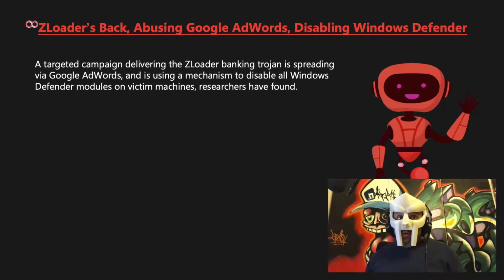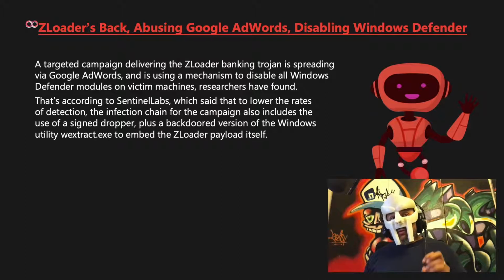A targeted campaign delivering the ZLoader banking trojan is spreading via Google AdWords and is using a mechanism to disable all Windows Defender modules on victim machines, researchers have found. That's according to SentinelLabs, which said that to lower the rates of detection, the infection chain for the campaign also includes the use of a signed dropper, plus a backdoor version of the Windows utility wextract.exe to embed the ZLoader